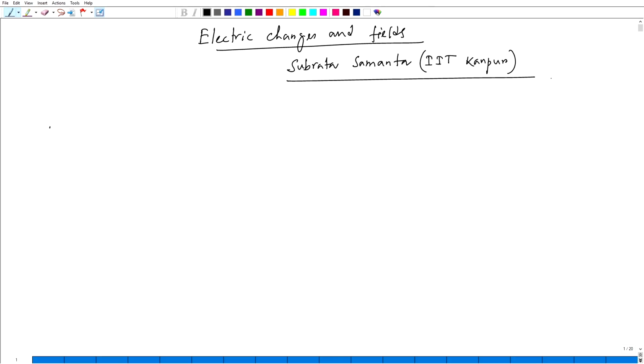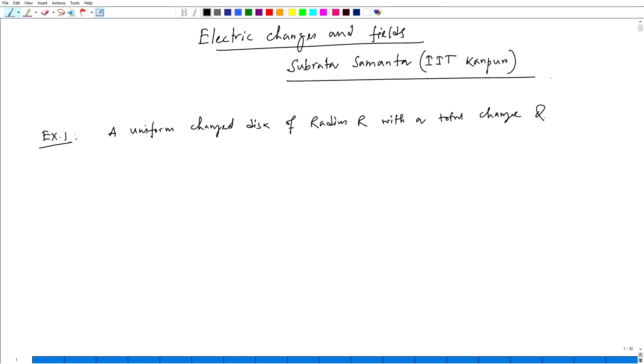So in the previous class we started a problem to calculate the electric field due to a uniform charged disc. We will continue this problem in this class. So the problem is that a uniform charged disc of radius r with a total charge q that lies in the xy plane